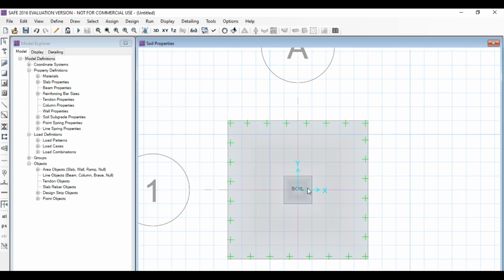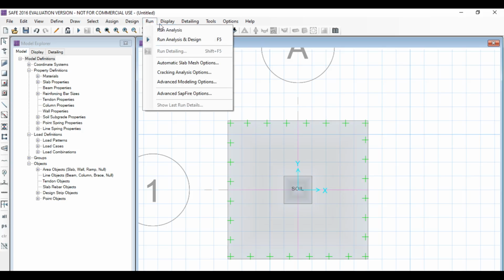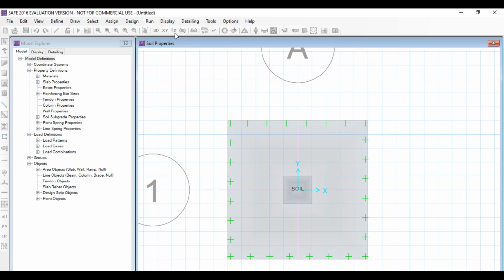Now after assigning all load and all property, we run the analysis, run the model for design. So go to run, click on run analysis.